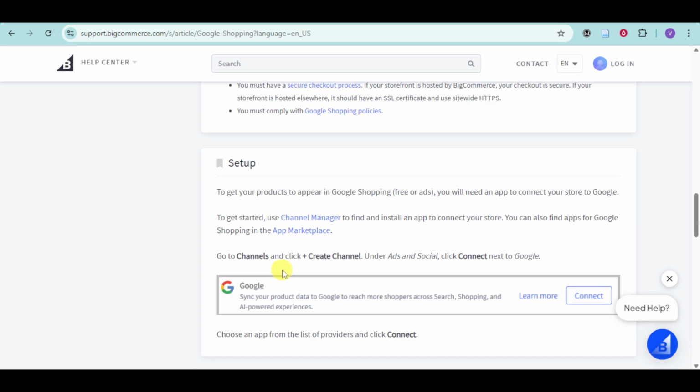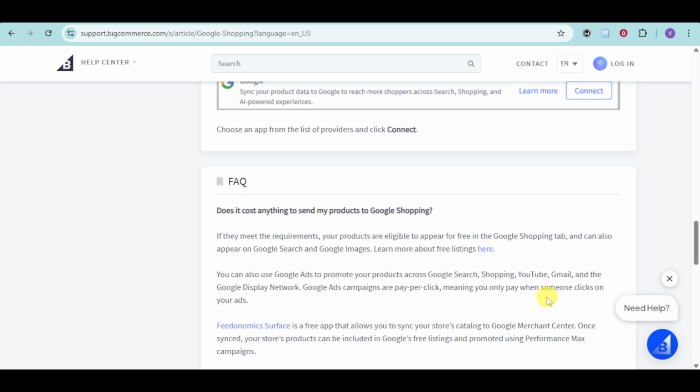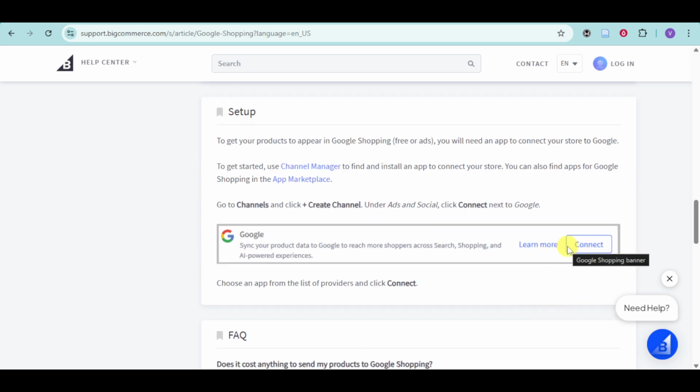So to set it up, go to your channels on your channel manager and click on this plus channel. Under ads and social, you can find the connect option next to Google. So from in there, you just proceed to connect it, and you should be able to actually connect BigCommerce directly on Google Shopping with those